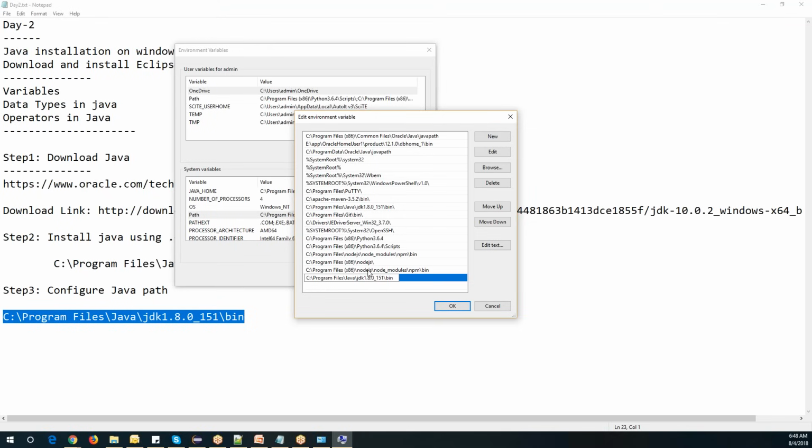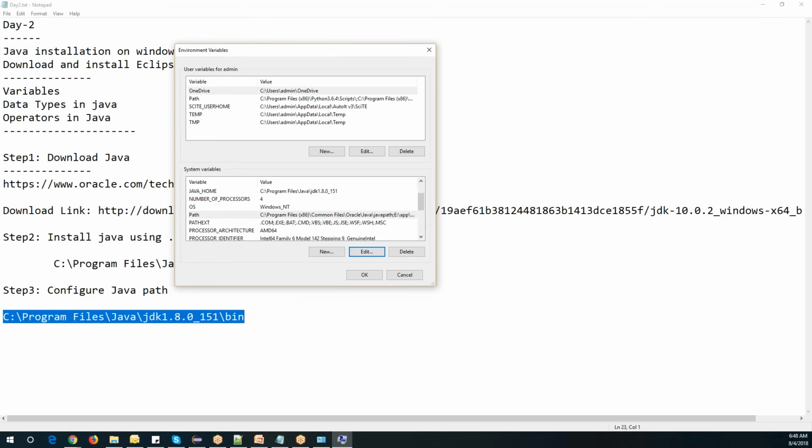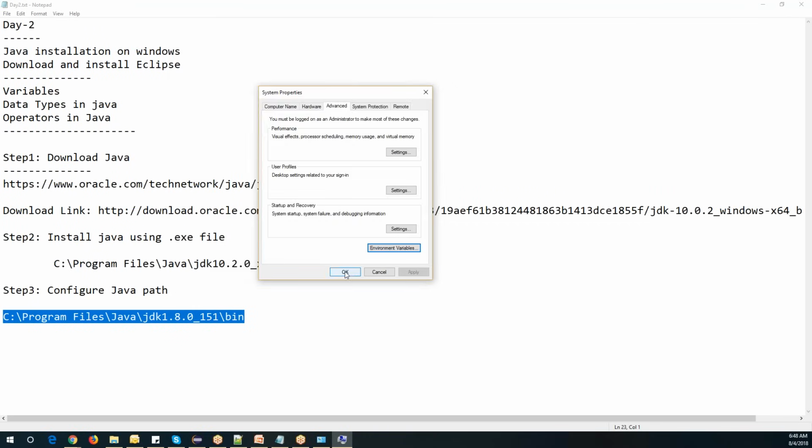That's it. Because I already have this path somewhere here, I'm just going to remove this path. See, here you already have it, so I can just remove this. But once you have added it, you will see this path here, and then click on the OK button. That's it. So this is how you configure your Java path, and then again click on OK button,